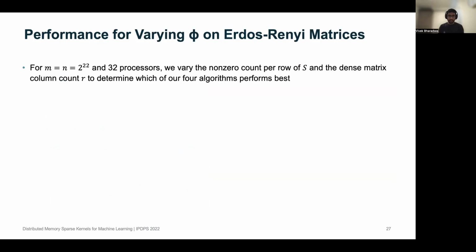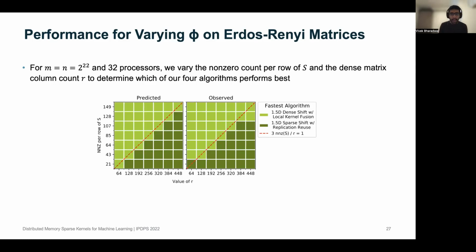The first thing I'm going to demonstrate is the effect of this ratio phi. So for m equals n equals 2 to the 22 and 32 processors, I'm going to vary the non-zero count per row of S to affect the density of my sparse matrix. And the column count of my dense matrix, that's that parameter R, determines which of our algorithms perform best in a variety of situations. And you can see here that